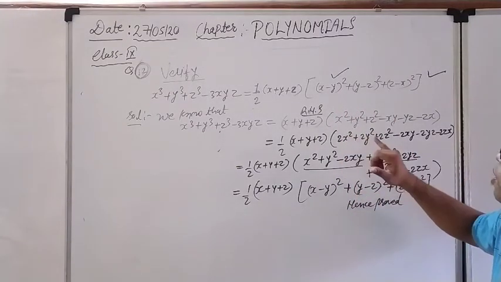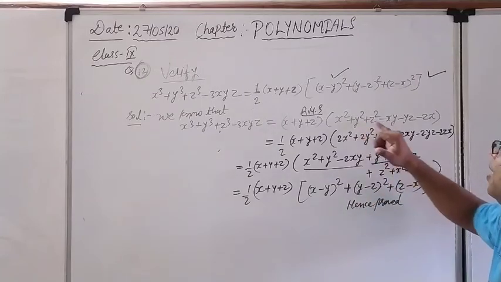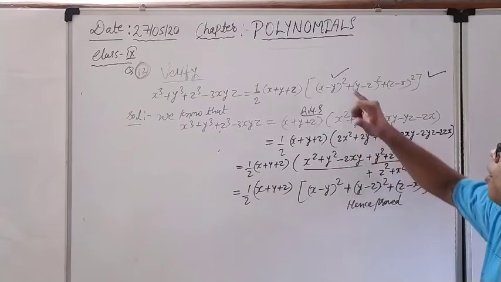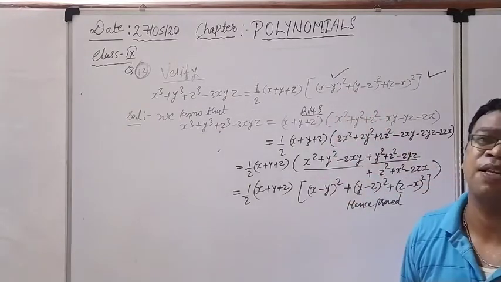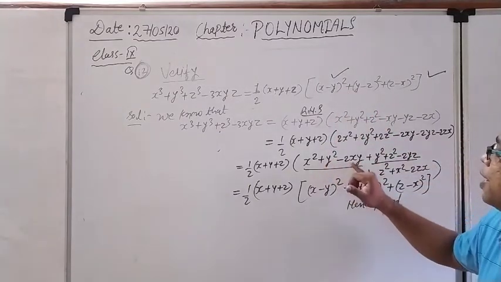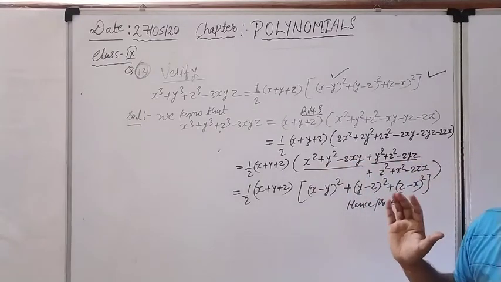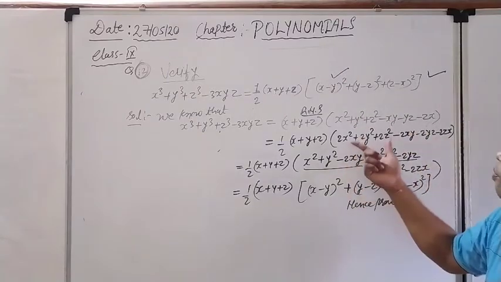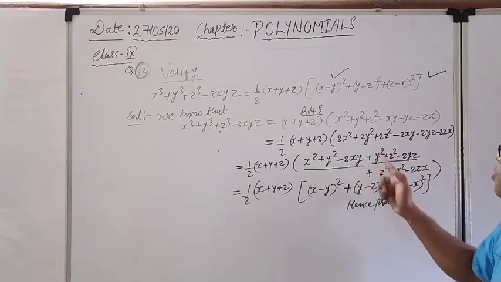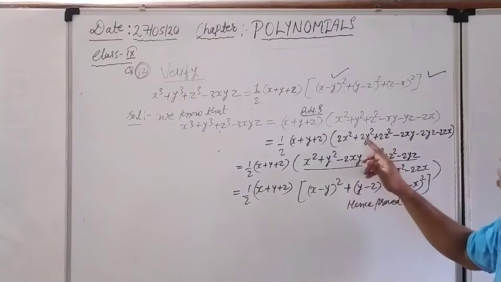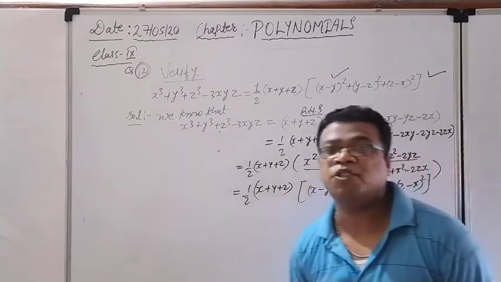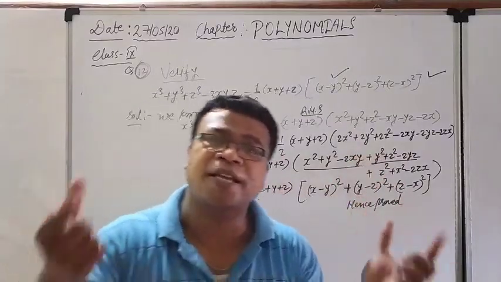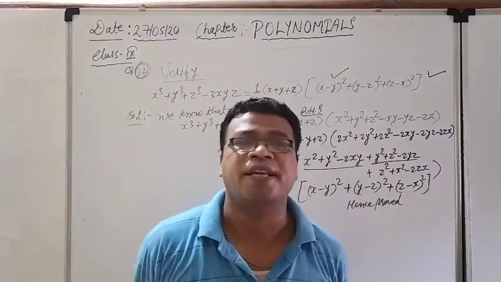So it will become 2x square plus 2y square plus 2z square, means in each and every term we have to multiply by 2. And after that, according to the requirement of the question, what is the expansion of x minus y whole square? Actually x square plus y square minus 2xy, that I have written for each term. And after that it can come in such a format, and you can check it from the previous terms also. x square plus x square represents 2x square. y square plus y square, 2 times coming. z square plus z square, 2 times coming. So it is the same thing, whatever the format is, it is just represented in a different form.